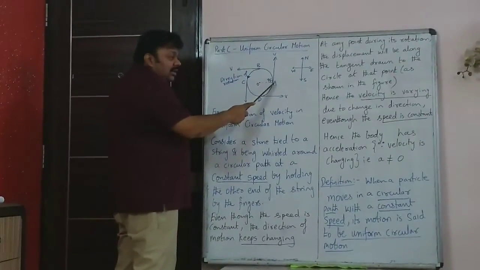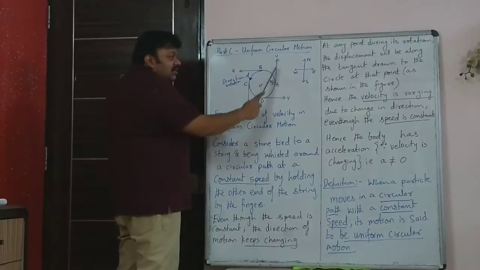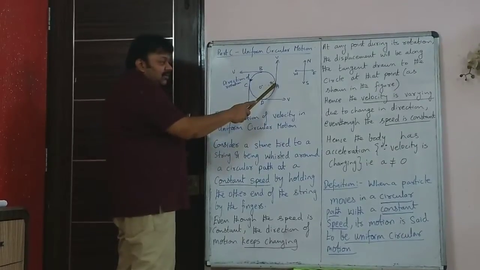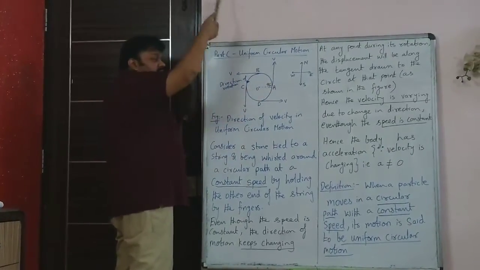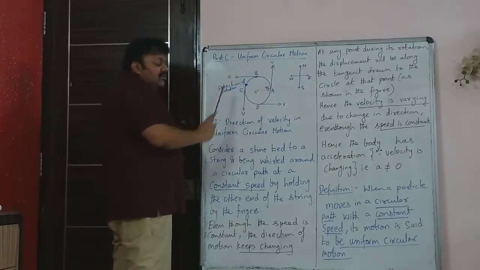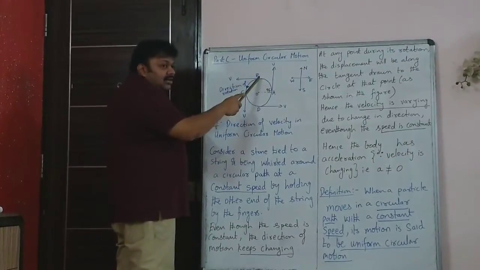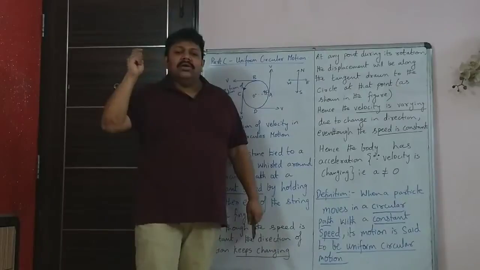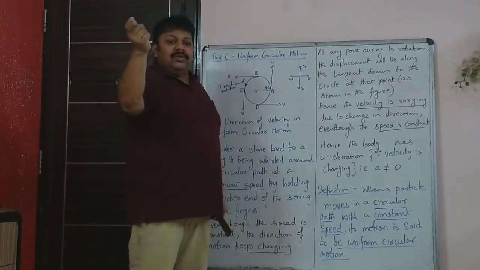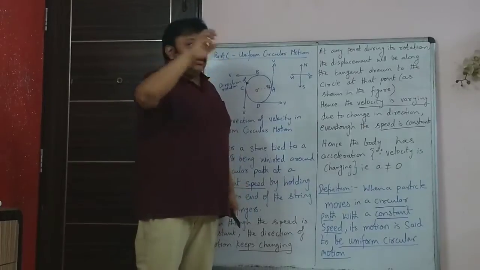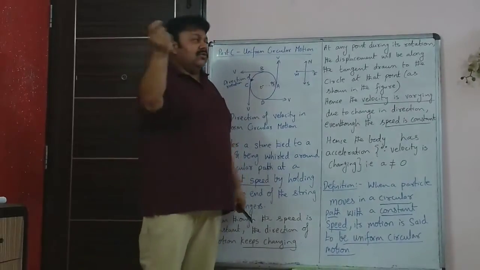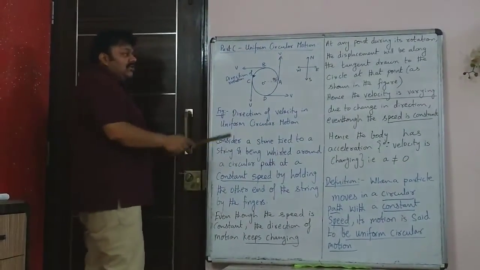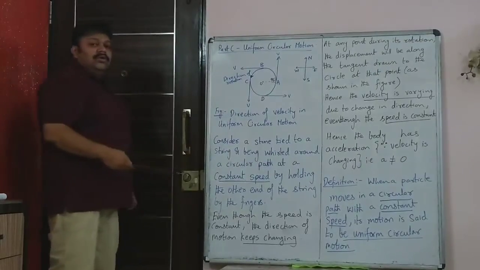So if you consider point A, the displacement is in this direction. If you leave the string at this point, let's say the string gets cut when the stone is at this position, the stone will fly in that direction. So that is the direction of the displacement. If the string got cut at this point, the stone would have come this way. So when it is being whirled around, if it is left at a point, it may come directly at you. If it is left at that point, it may go in that direction. And if it is left at this point, it may come in this direction. So the direction of motion is changing, so the displacement at any point is also changing.